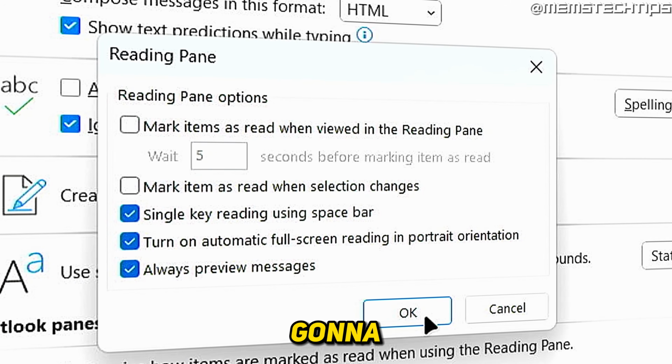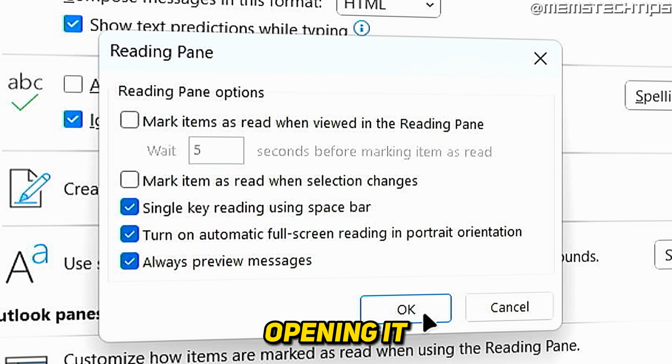Welcome to this quick guide where I'm going to show you how to view an email without opening it in